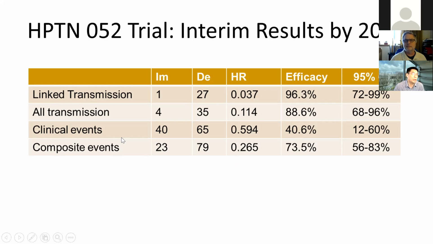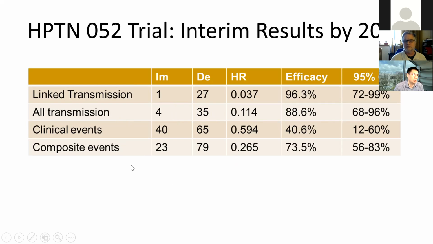We also looked at all transmissions, regardless of whether they were linked or not. We observed 4 transmissions in the immediate arm and 35 in the delayed arm, so the hazard ratio was estimated to be 0.114. The efficacy was calculated to be